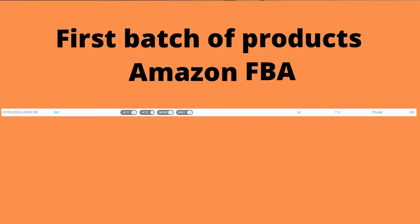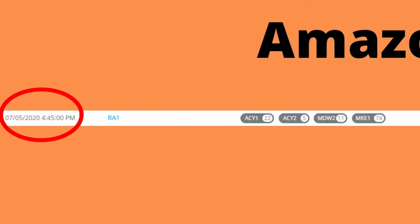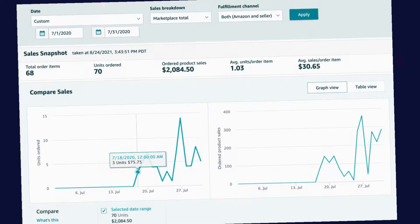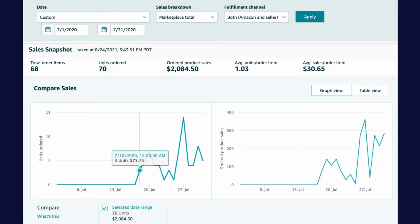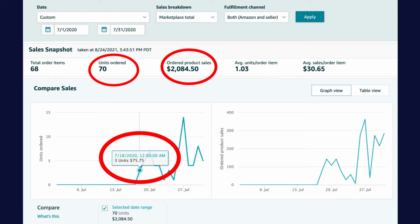We sent our first batch with 112 products to Amazon on July 5th of 2020. This is the graph of our first month of selling on Amazon. I'm telling you this story so you can see what's possible and understand better which seller account type you should choose. As you can see, in our first month of selling on Amazon, we sold 70 products and we made over $2,000 in sales. And we made our first sale in the middle of the month, on July 18th, and